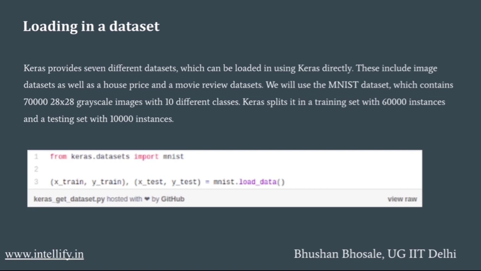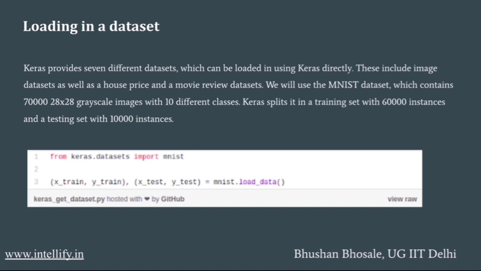Keras splits it into a training set with 60,000 instances and a testing set with 10,000 instances. Now from keras.datasets import mnist. Now what is MNIST? MNIST is one of the 7 different datasets.